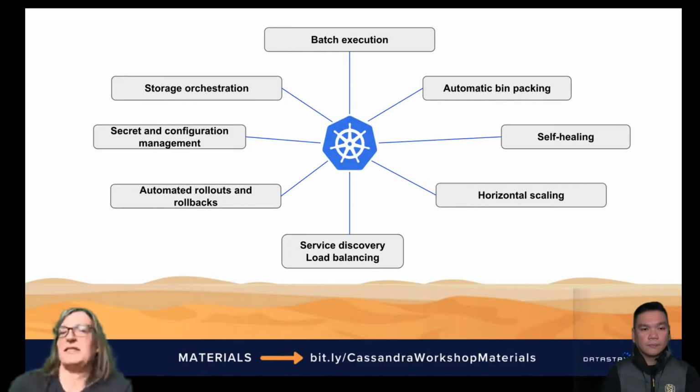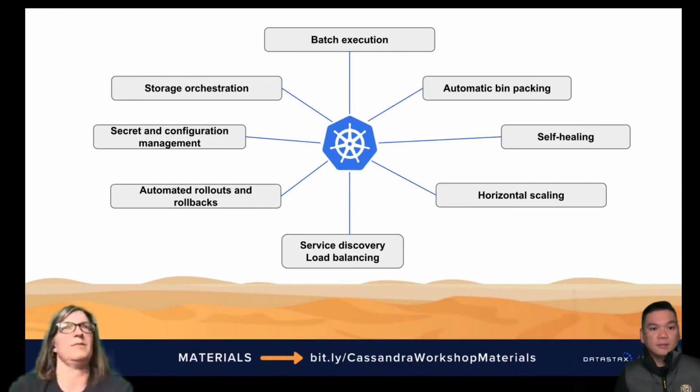So there's a lot of different things that Kubernetes can handle for you, and all those things become more and more complex the more distributed your deployment gets. So again, I come back. I think it's a wonderful tool to help you with this orchestration of all these different resources in your distributed